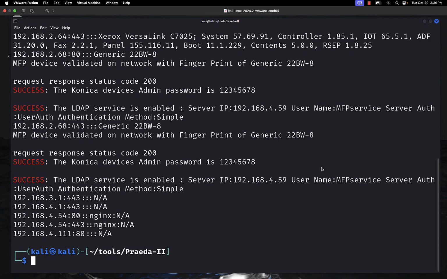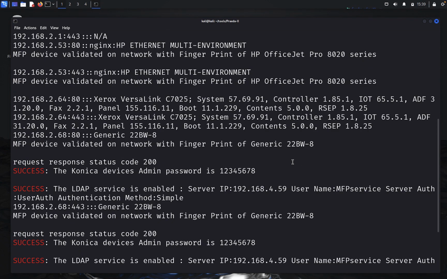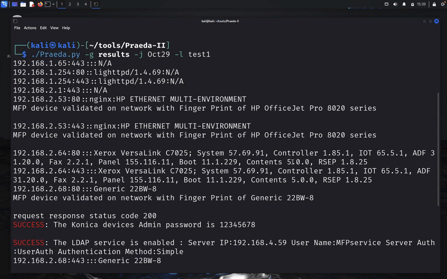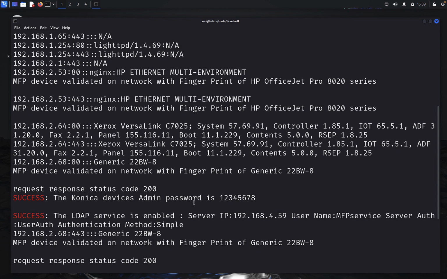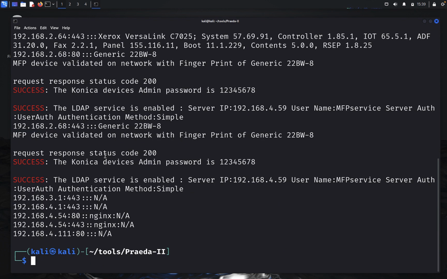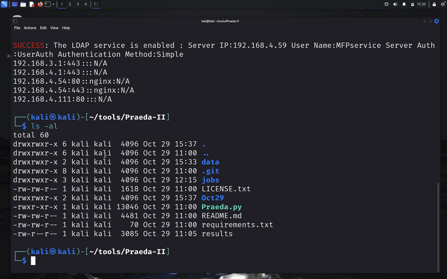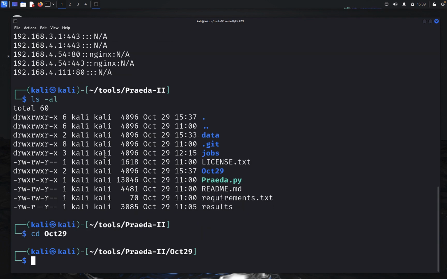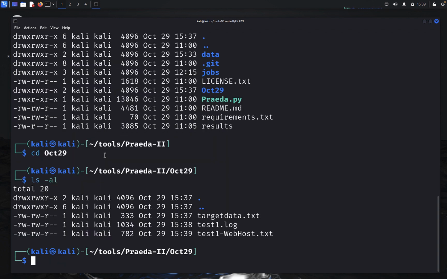Okay, that's completed running, and this is just the general output that you see when the tool runs. And here it gives you some information and fingerprint data and just general data. Well, let's go ahead and look at some of the other files. So if we go to oct29, from here we can go ahead and look at the test log, test1.log,